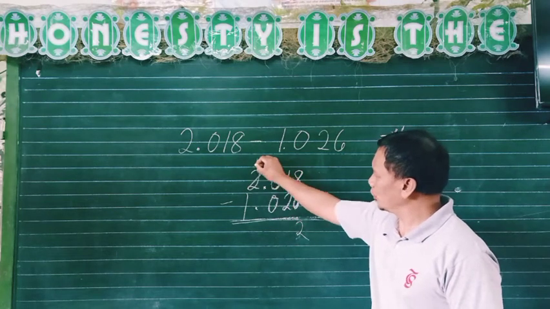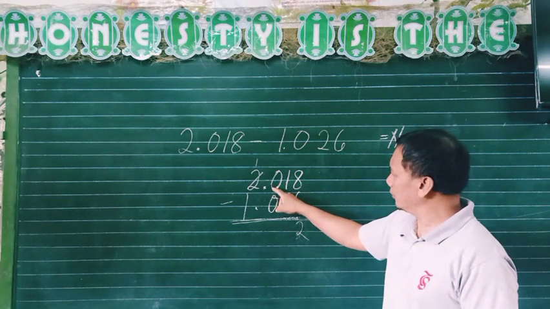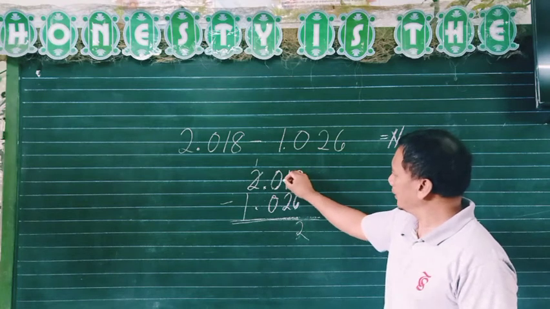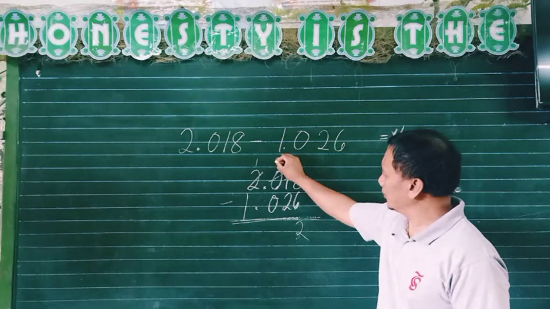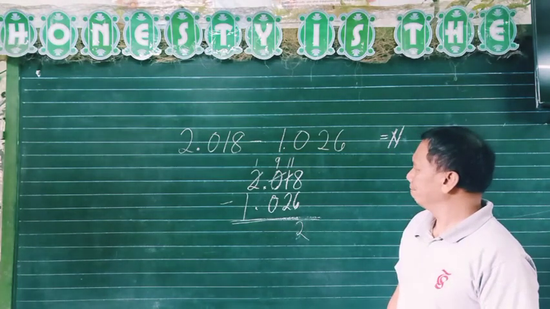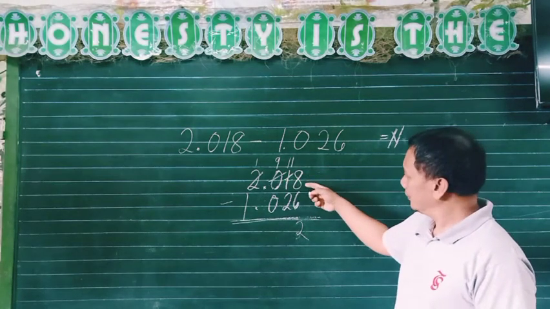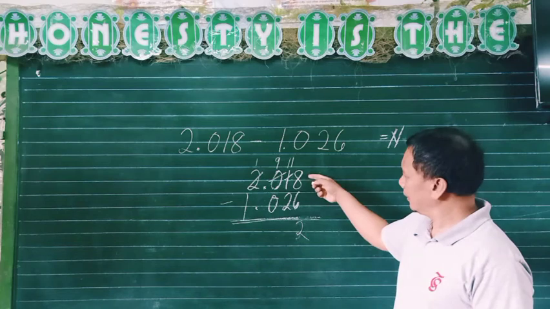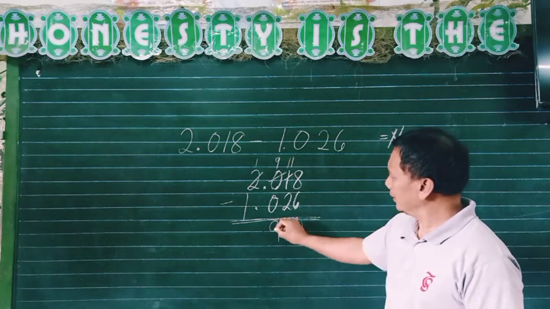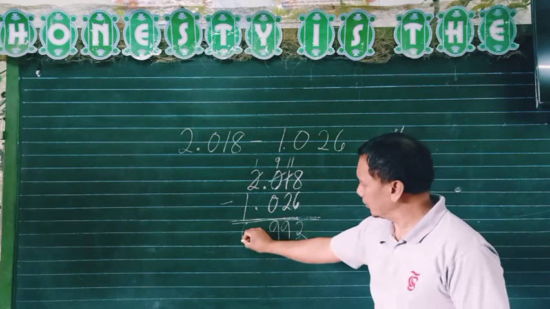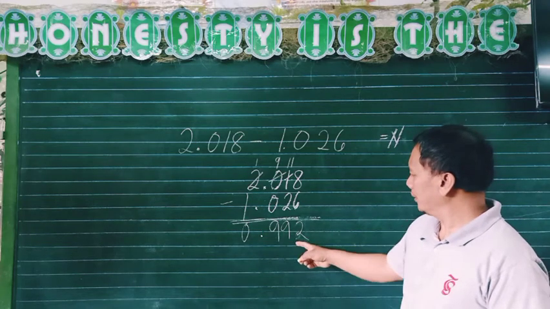So 2 becomes 1. At the same time, we are going to rename this one. So since this is considered 10, 0 considered 10, since you borrow 1 here, becomes 11, and then 10 minus 1, since you borrow 1, becomes 9. So that is the same time renaming of zeros and the minuend. So 11 minus 2 equals 9, and 9 minus 0 equals 9, and then 1 minus 1 equals 0. Take note, align the decimal point here. So the answer is 0.992